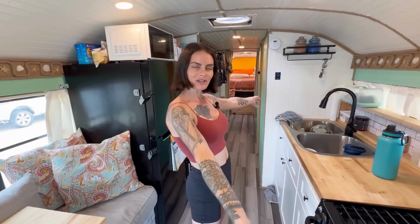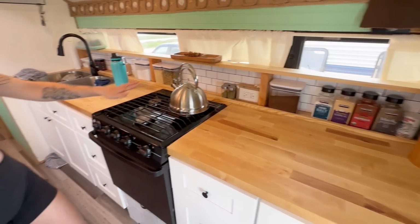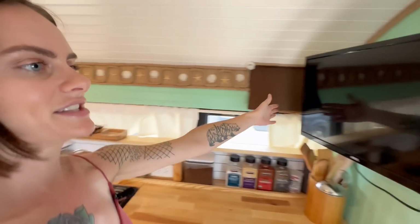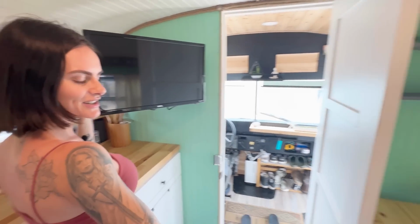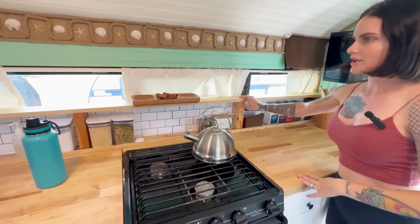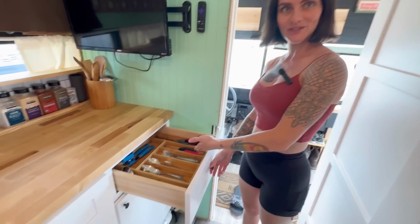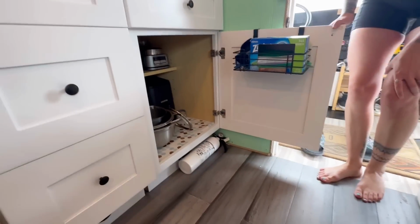Then as you come inside, we have our lovely, pretty big kitchen over here on this side with the propane stove, butcher block countertops, and then up here we have our TV on a swivel, which is really nice when you're watching TV over here on this side. We've got our spices up here. We just kind of built this little kick up so we can keep some things there, which is really nice. Over in this drawer, we've got our silverware. And then down here, we keep our pots and pans and